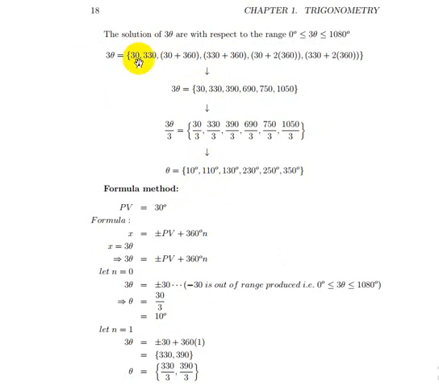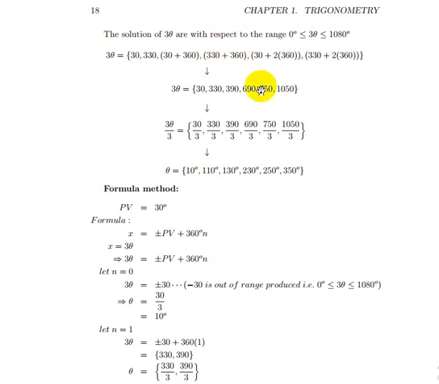So you're going to have this. The first value for 3 theta is going to be 30. The next value is going to be 330. Then you're going to move by rounds of 360 degrees. So if we move the first round, you have 30 plus 360 degrees. You see now for 330 degrees,